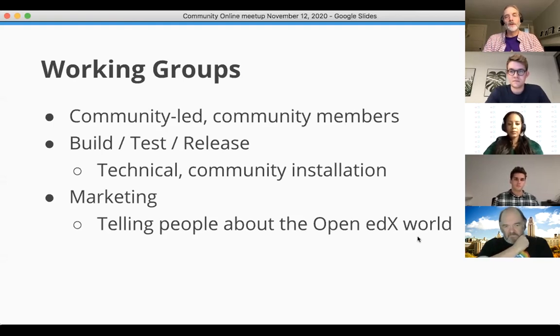The two working groups that we've got going right now are the Build, Test, Release working group, which is technical. It's about the community installation of Open edX, which comes out every 6 months. And the Marketing working group, which is marketers from various service provider firms getting together to think about how to tell people about the entire Open edX world.